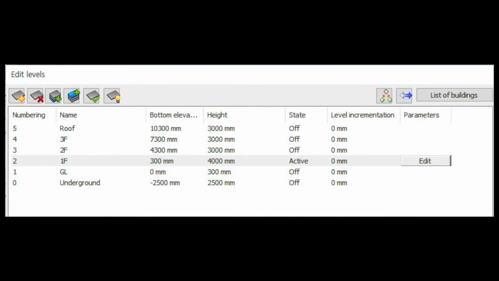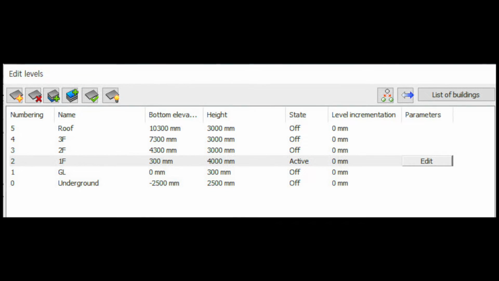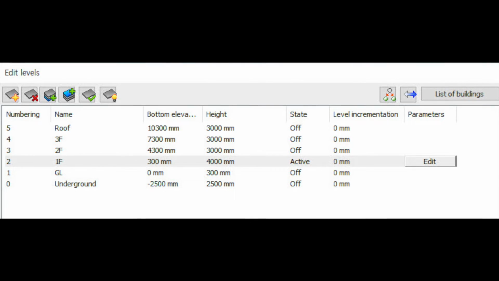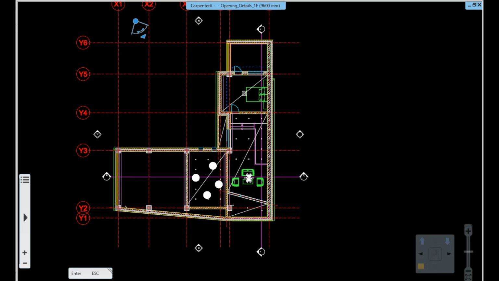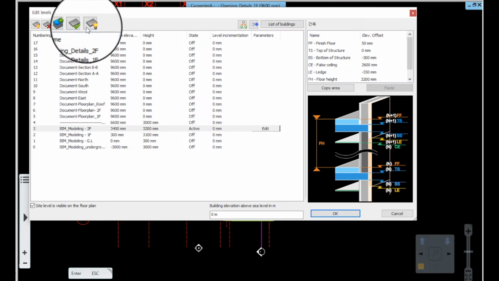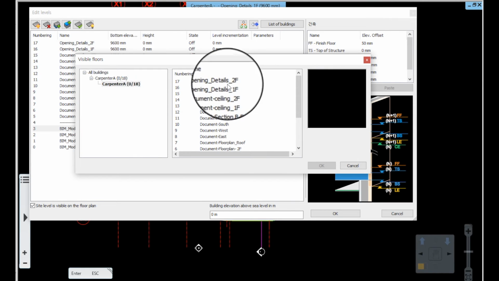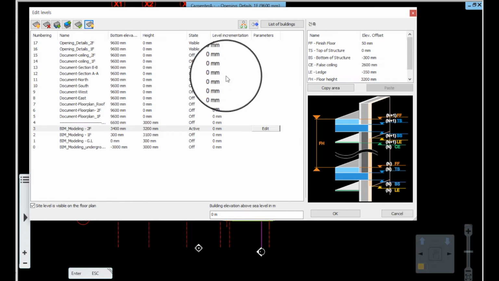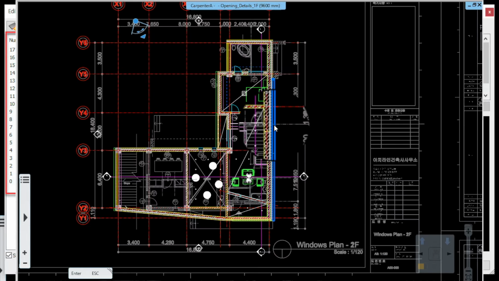The fifth icon is the ability to change the selected layer to the active layer. Finally, the rightmost icon is a function that makes the floor appear gray in the floor plan even though it is not active. By clicking this icon, you can show multiple stories at the same time. In the state part, you can make them visible one by one.